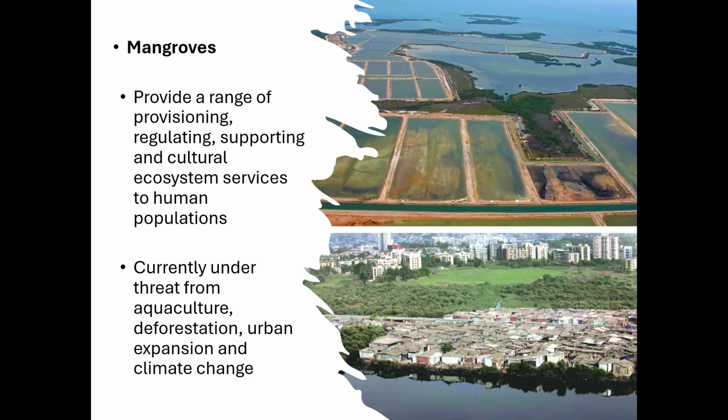So if you've got conversion to aquaculture, or if you've got a degraded ecosystem from pollution from aquaculture, then obviously that means that you've got losses of those extremely carbon rich ecosystems. So rather than them being a carbon store, which is really important, they become a carbon source. So therefore, they're actually releasing carbon up into the atmosphere, exacerbating climate change.